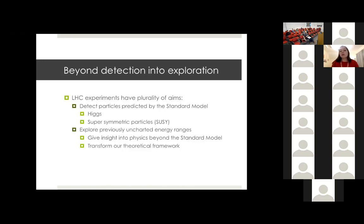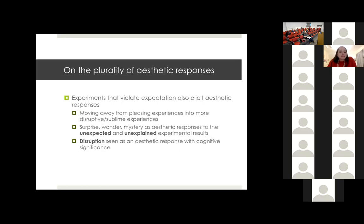And hopefully the big goal behind all this is that we can get an indication of how to transform the physics and develop it further and maybe refine it and revise it. So there are these grand goals, and I don't want to undermine the detection of the particle as not a grand goal, but there are, I guess, more generic questions at the back that we hope for, and more specific goals, such as the detection of specific particles. So what does this tell us? Well,